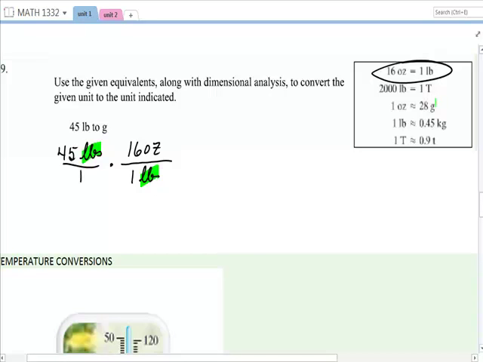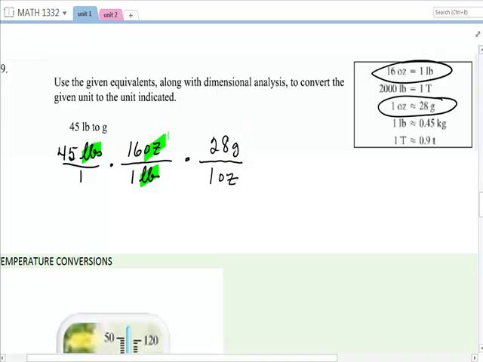Can I then change ounces to grams? Yes, I have to use a second fact. So I'm just going to tag one on here. I'm going to multiply by 1 more. I have ounces. I don't want ounces, so I put 1 ounce down here, and I put 28 grams up here,